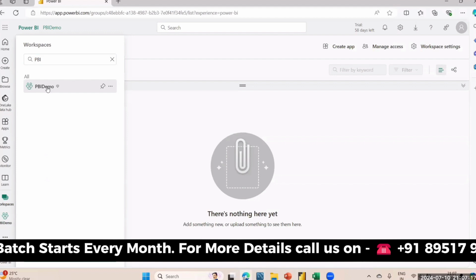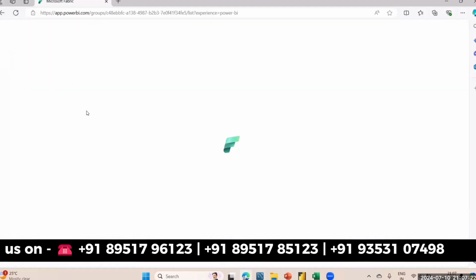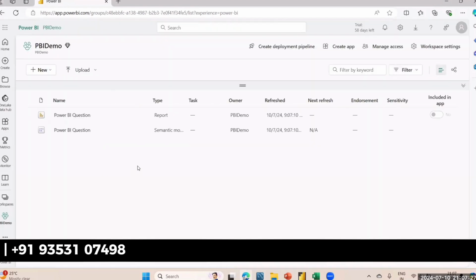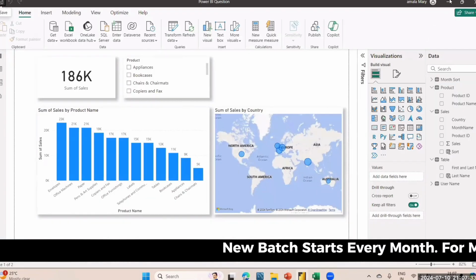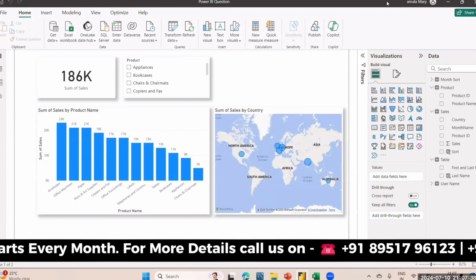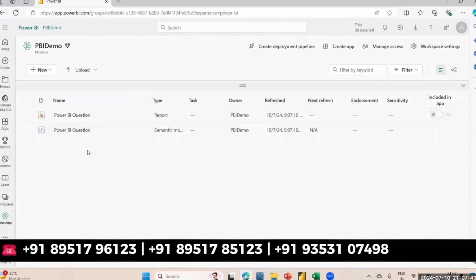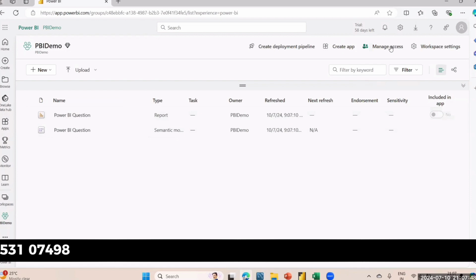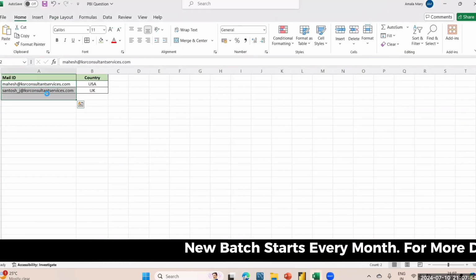Once it is done, I can go to that workspace. Whatever we have implemented for RLS here, the file name is Power BI question. I have saved it. So this is how it displays after publishing it. Once it is done, for this workspace, we need to give access for the users whom we have mentioned here as